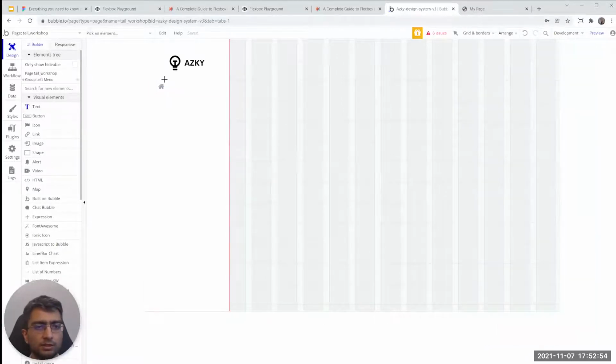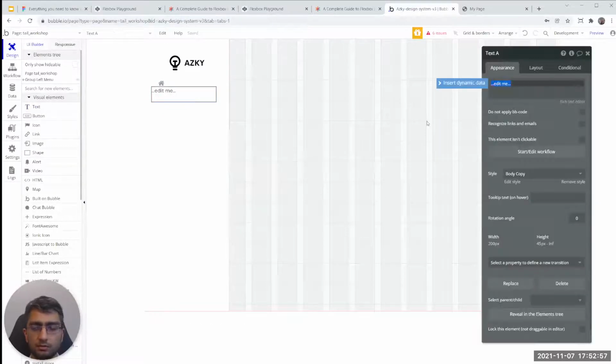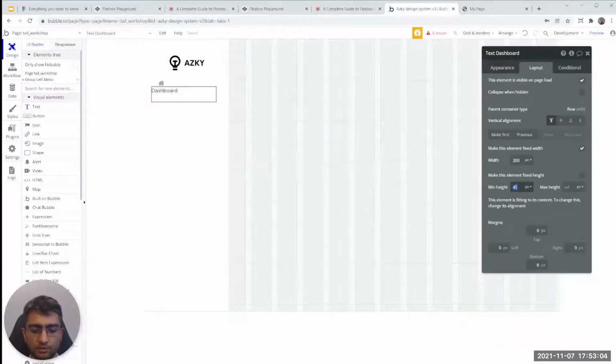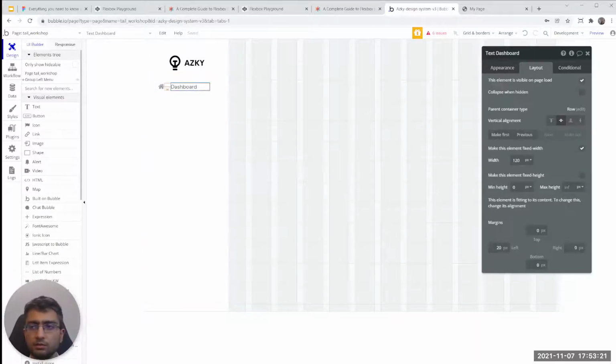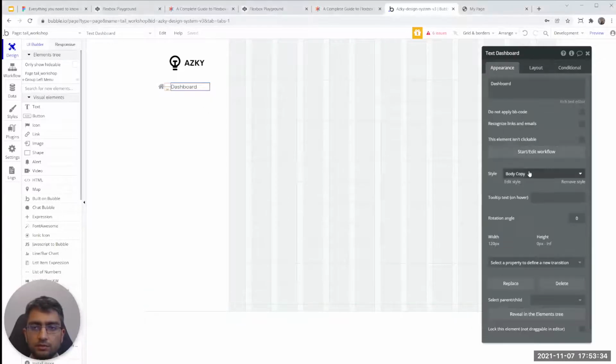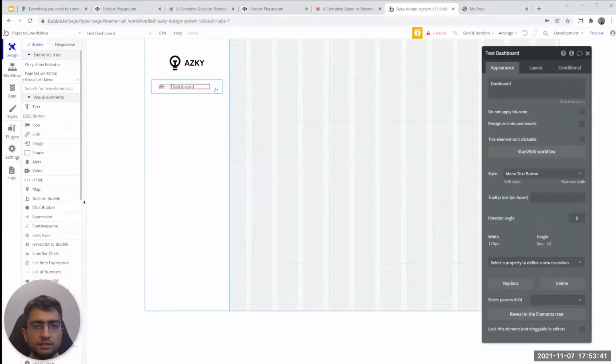Okay, all right, so now we need a text element here. Board. Okay, we're going to use our 0 pixel trick. We're gonna push this. Why is it too big? Here it is. We're gonna center it, add some margin, 20, 20, close enough. Yeah. The style is probably something different. Let me see. Button something. Okay, this, let's see, menu text button. Okay, so now we have an icon, we have the text element,